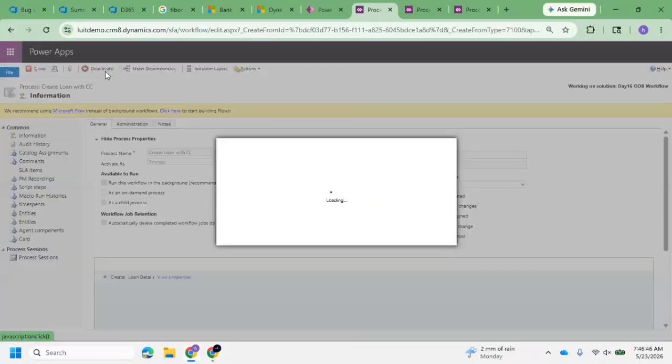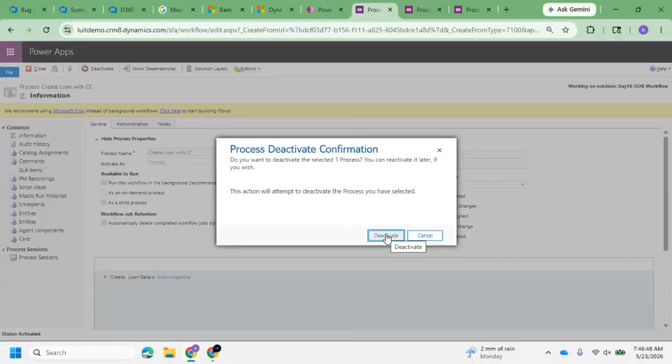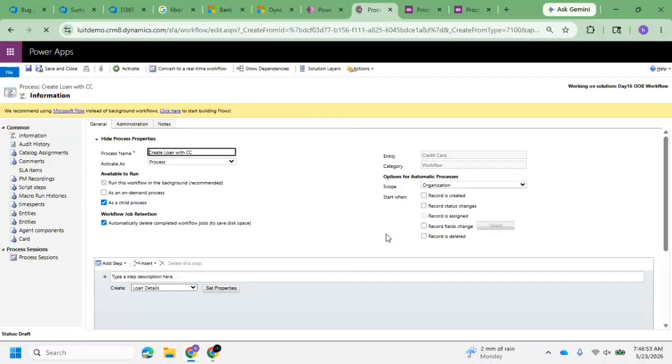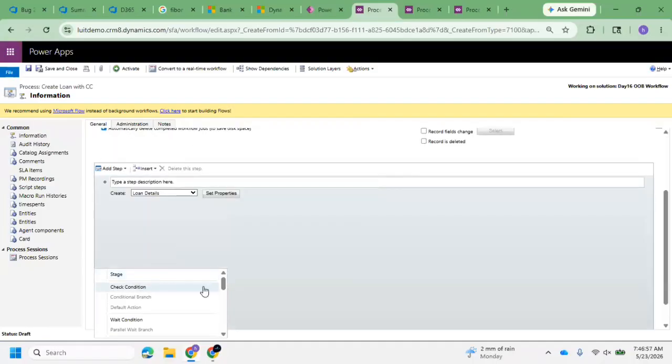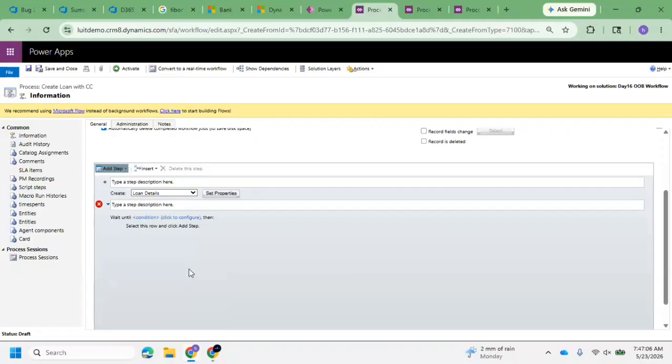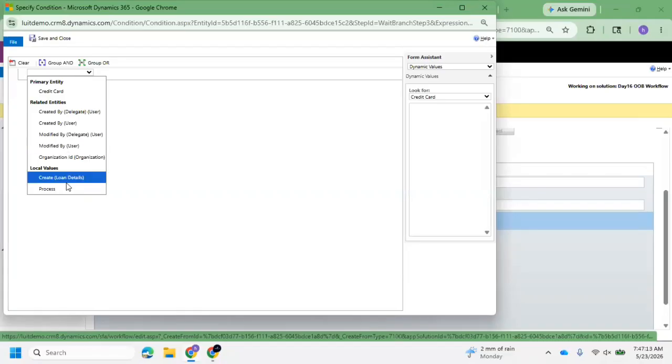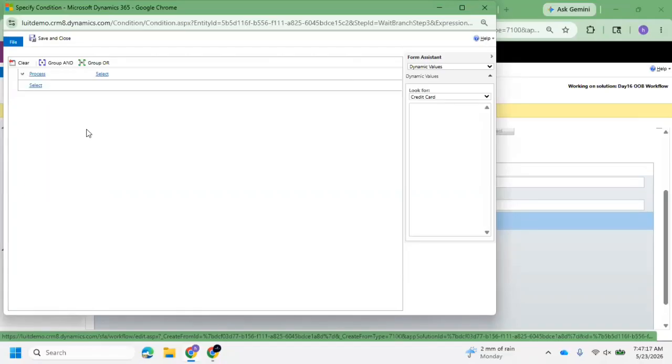Suppose I have one more scenario: I want to create a loan record, but I want to wait for 1 day. For that purpose, you will have a wait condition as well. Check condition we have seen. We have wait condition, create record, update record, send email, right? So let's use wait condition. How much time do you want to wait? Here you can choose process it. You can create credit card details, create on time like that, or you can use process